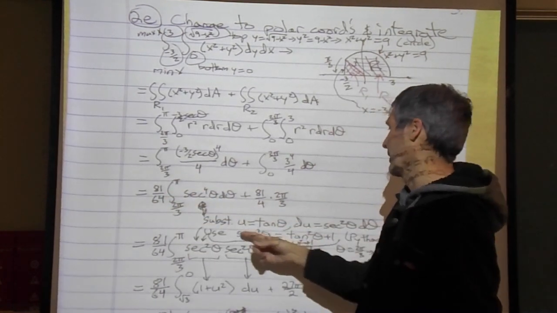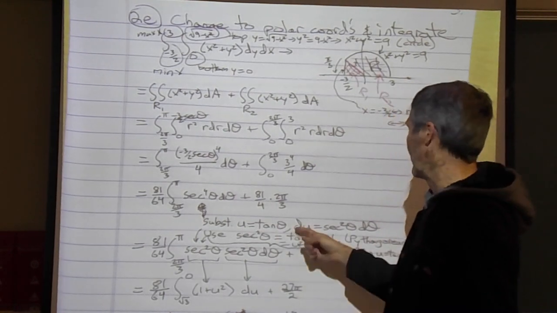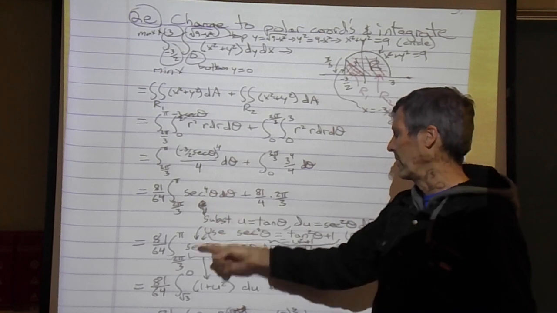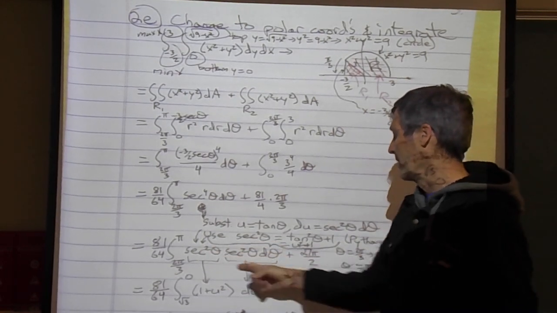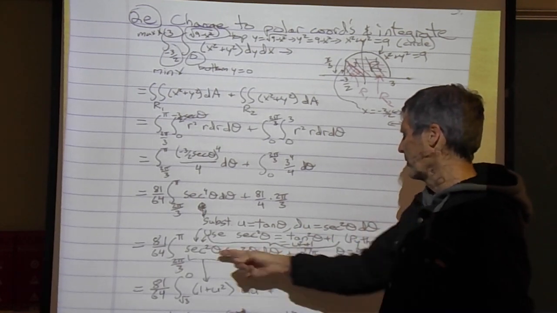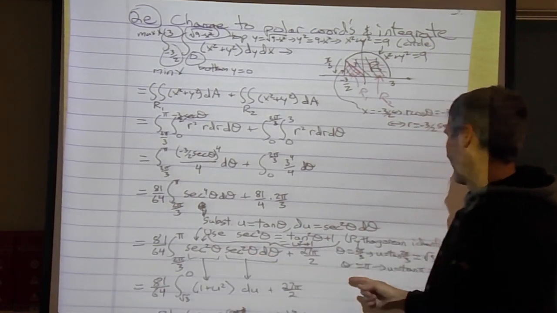So that's what I do here. I'll substitute u equals tangent theta. Then du is secant squared theta d theta. Well, I'll break that out here. This is secant squared times secant squared. I can replace the secant squared theta d theta with du. What do I do about secant squared? Well, by the Pythagorean identity,